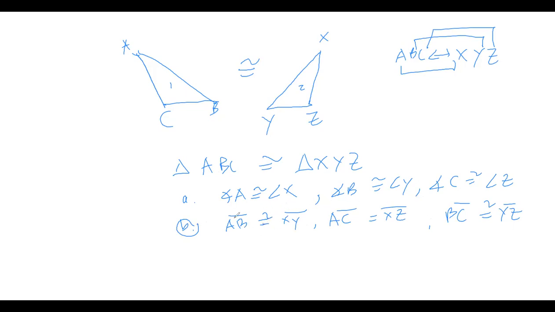Okay? So the only difference between similarity and congruence would be that the constant of proportionality is equal to 1. Okay, now, the next concept that I want to discuss with you will be, suppose